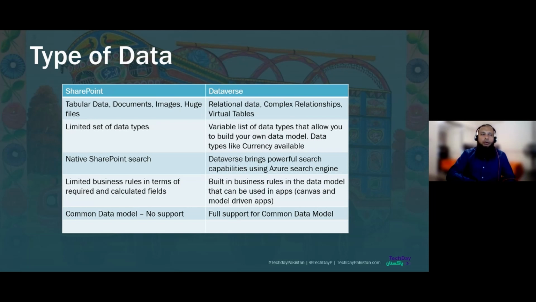Then we talk about the data types available in SharePoint. We have got a limited set of data types available, but with Dataverse, we can have a list of variable data types that you can use. And we've discussed this initially as well, with all those different email data types, currency, and all those different complex data types that have got their own validations and business logic built in. So you don't have to worry about whether the email addresses are in the correct format or not, and all those